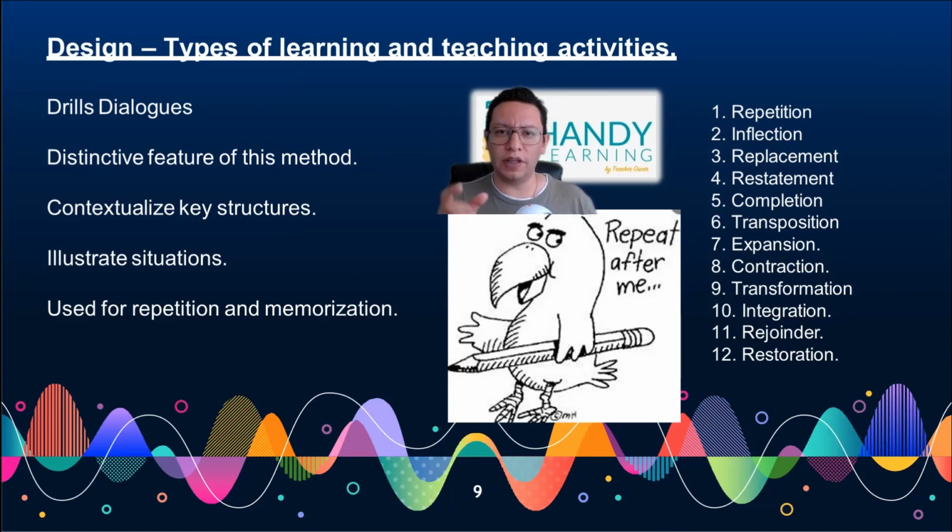Expansion means explaining with detail something that has been said. So, for example, we have a sentence that says, English is easy. That's just the main sentence. But then we want our students to give details. English is easy because, and they will start giving some detailed information about why the English language is easy. Contraction, well, is the opposite. We have a whole big sentence and we summarize it and we synthesize that information. So we develop the ability to recognize keywords.